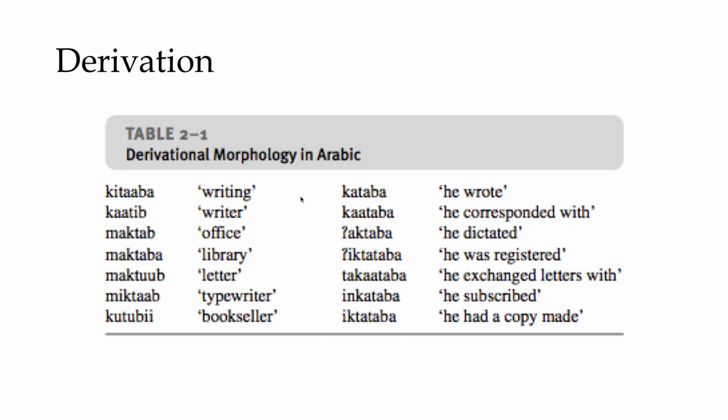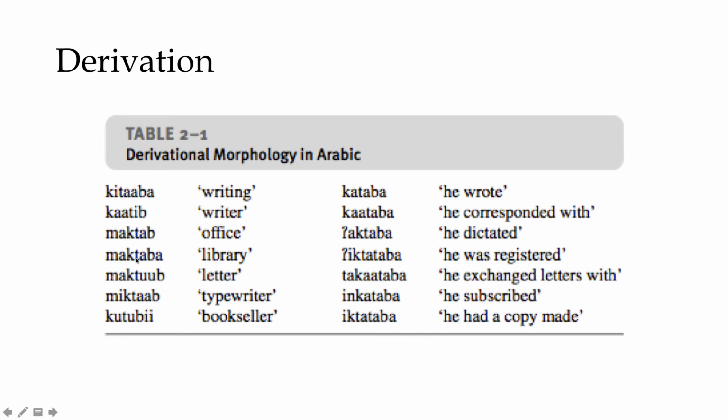Arabic is an extreme example of a language that relies on derivation. So there's basically in Arabic one root, k-t-b, and this root, k-t-b, means to write. And we can actually, by adding all different kinds of vowels in between those letters or adding different things to the front or to the end, make all of these different derivations that derive very different meanings, which are clearly related to this idea of to write, but add new significant pieces of information. Kitaba, writing; katib, writer; maktab, office,